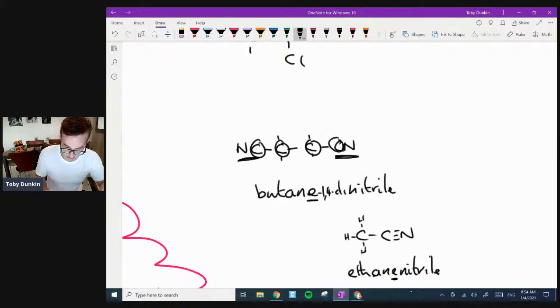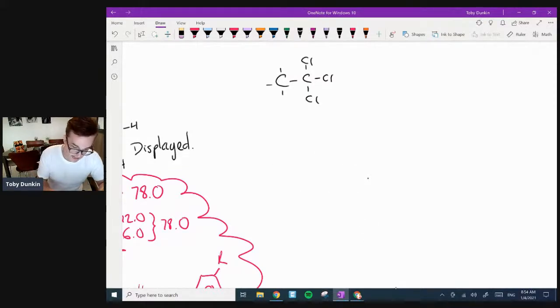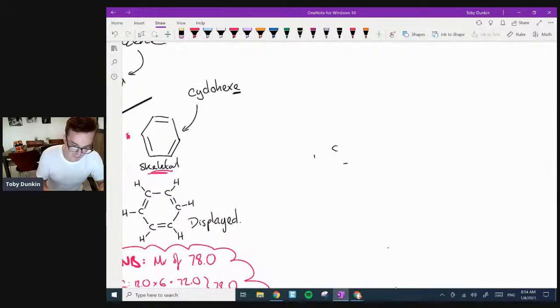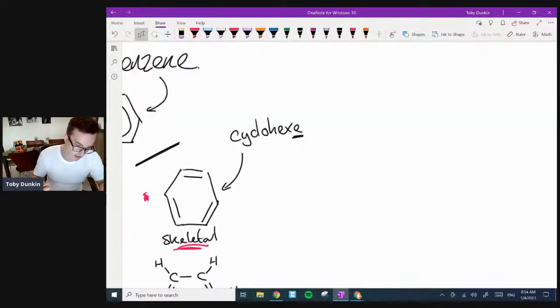And the reason being is you've got 2 ends next to each other and you need to separate them. Otherwise, it'd be ethane and a nitrile, which just sounds like you've got a stutter. So the E is there. Now, whenever you get any di or tri suffix, or tetra or penta, however you want to go, the E goes back in. So this is cyclohex. Oh, sorry, with an E ending, because you don't want an E next to an E. The A goes back. Sorry. Cyclohexa 1, 3, 5 triene.